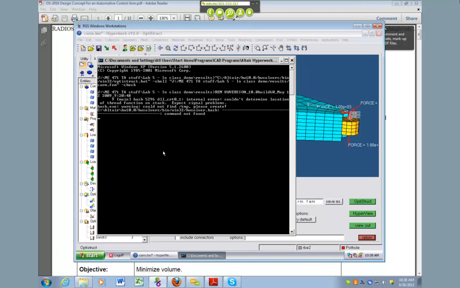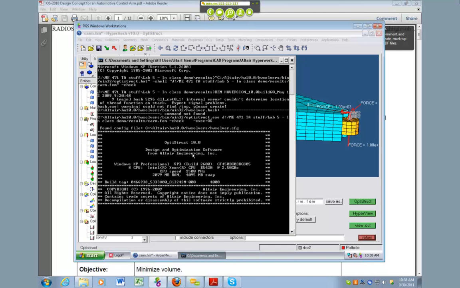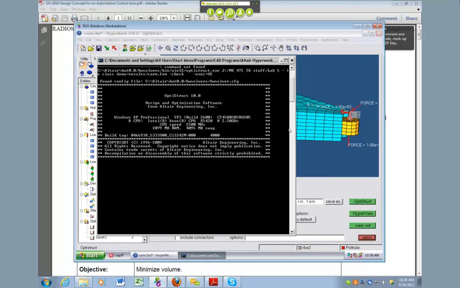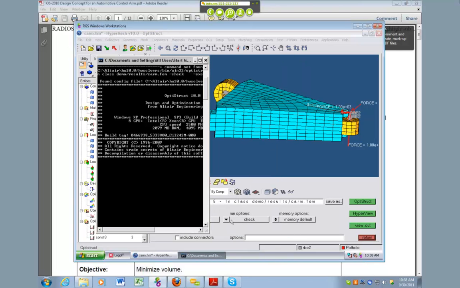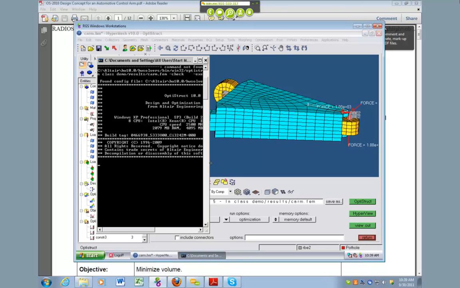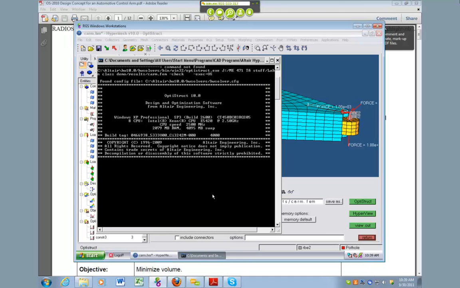I don't know what those errors are about, but I think it's all right because it's still working. And once it's done, it'll say yes, it's checked and everything looks okay. Or if there's an error, if you miss something, sometimes it'll throw an error and say this is wrong with it. And then once we do that, I'll click on this after we're done. If you change the run options to optimization, then it will actually run the optimization. It'll still run this check beforehand, but if the check runs successfully, then it'll